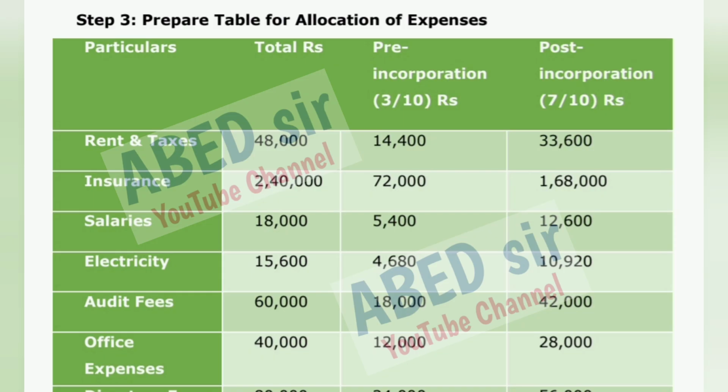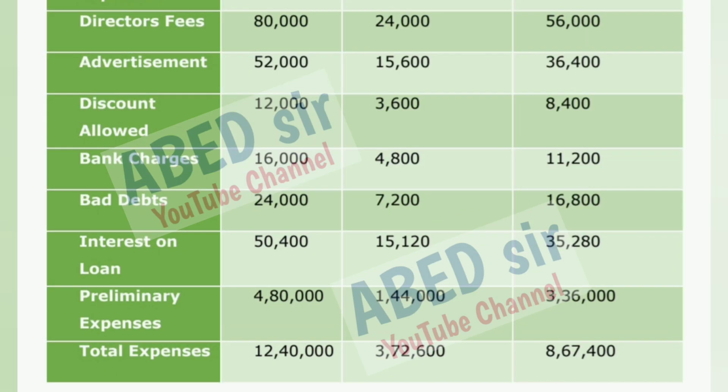Audit fees 60,000, 18,000, 42,000. Office expenses 40,000, 12,000, 28,000. Directors fees 80,000, 24,000, 56,000. Advertisement 52,000, 15,600, 36,400. Discount allowed 12,000, 3,600, 8,400. Bank charges 16,000, 4,800, 11,200. Bad debts 24,000, 7,200, 16,800. Interest on loan 50,000,